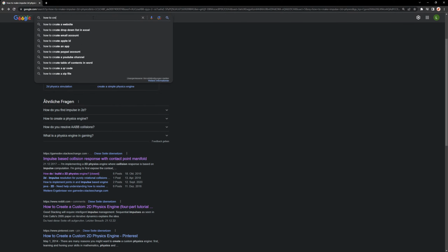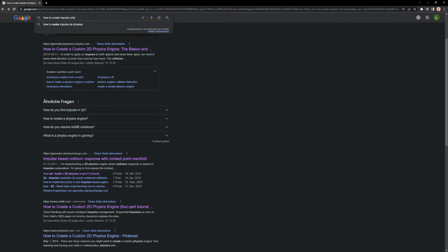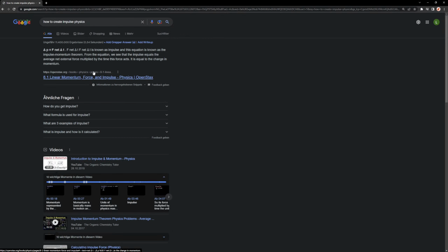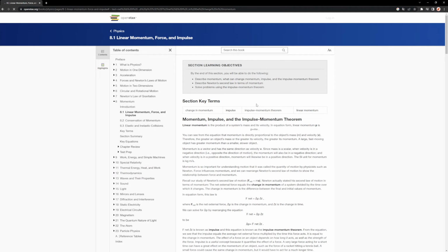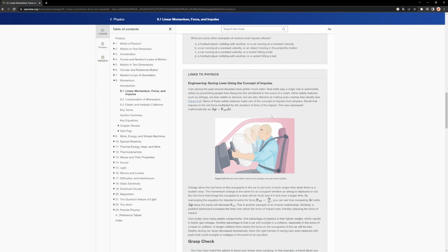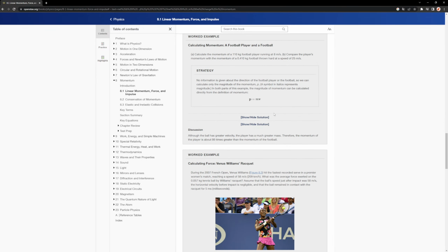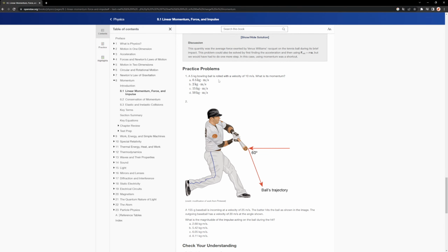How to create impulse physics. So I think